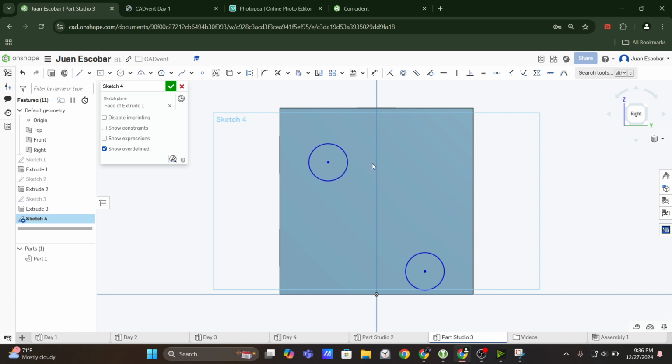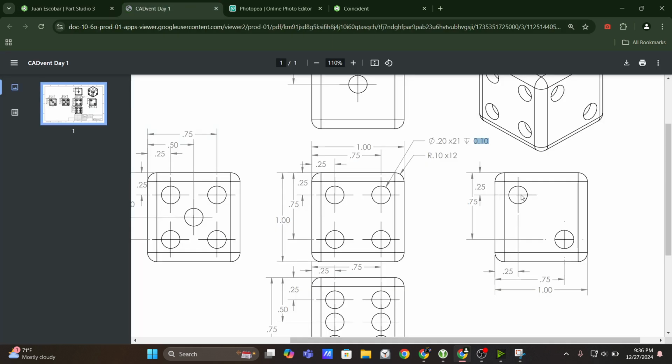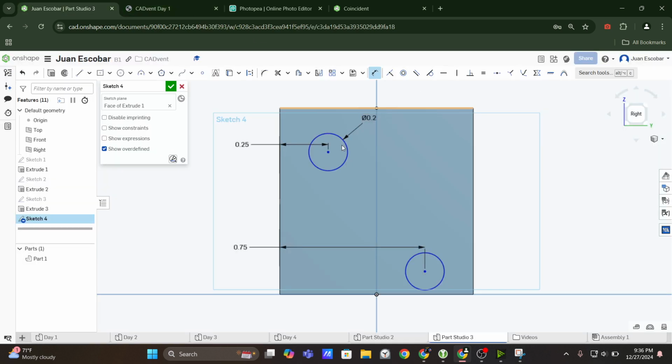They can't move at all side to side, but they can move vertically. So that shows me that we're missing a vertical dimension. So I'm going to look here, okay, how much distance is there from here to the top or from here to the bottom? We do have a dimension here that's from here to the top. So look at the arrows, bam, to the top, 0.25. So I'm going to add a dimension,